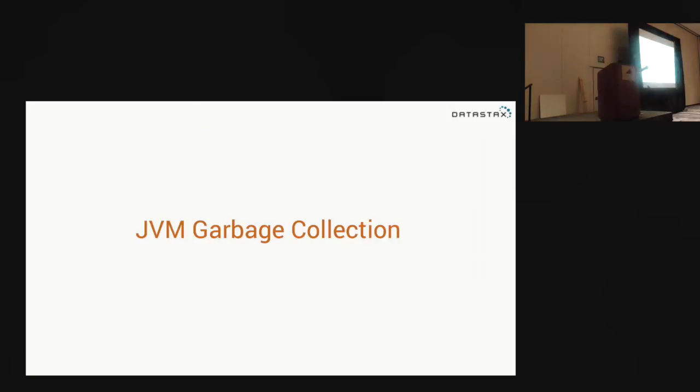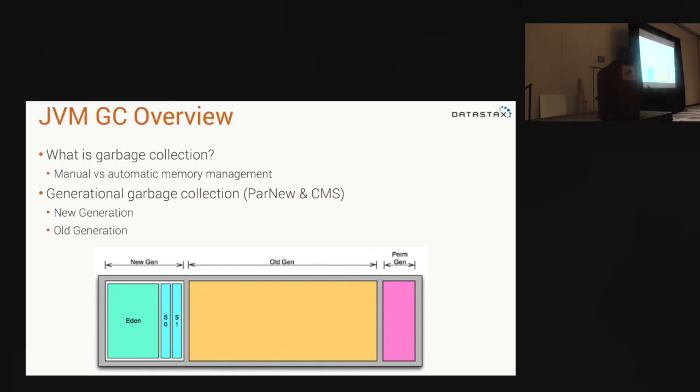Success. Awesome. All right. This is the most intense part of the talk. This is JVM garbage collection. Unlike a language like C, Java will perform automatic memory management for us, and it's pretty convenient, but it does come at a cost. And that cost is that every so often, frequently, the JVM needs to scan all of the memory that's currently in use and build an object graph and determine if that memory is still reachable,